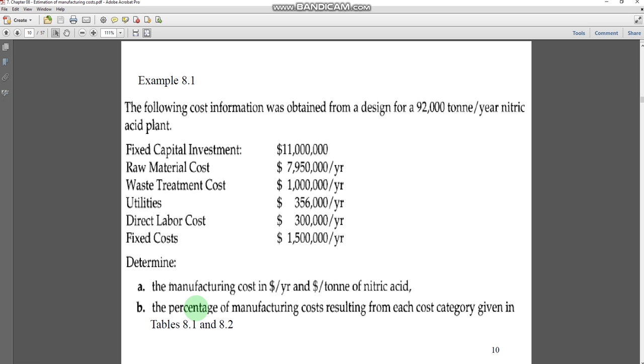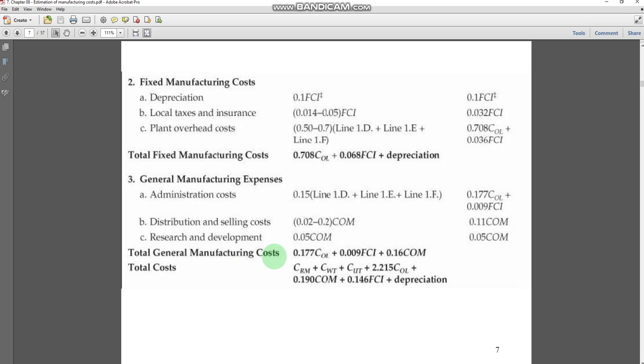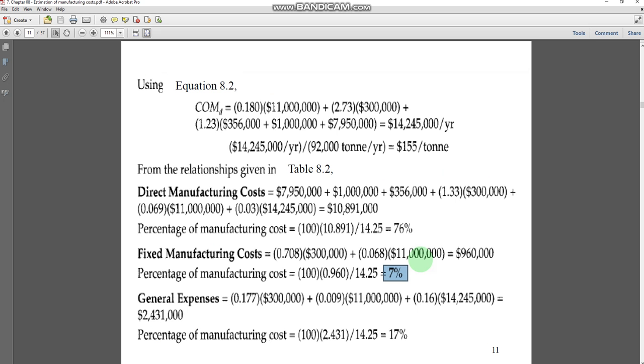Similarly, for the general expenses, you can see this equation. Okay, so similarly you have the value for the cost of operating labor, you have the value for the cost of fixed capital investment, and the cost of manufacturing. So you can simply use them in this equation one by one. This one is the cost of operating labor. Then here you can have the fixed capital investment, and then you can have here the cost of manufacturing that we get here. Okay, so the total value comes out to be $2.43 million, and then you can divide this $2.43 million by the $14.25 million to get the percentage